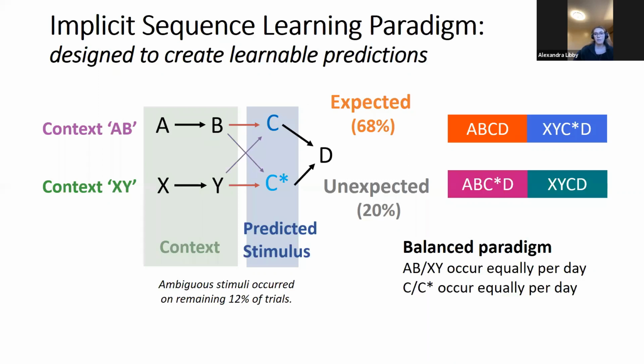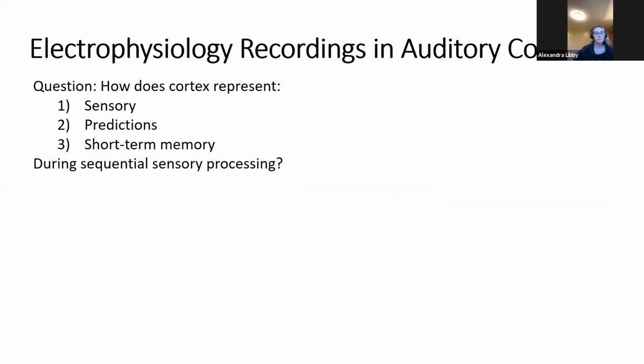And as do C and C prime. So until the animal hears the first sound, it doesn't know if it's going to hear C or C prime. Now, like I said, we want to understand how the brain does this. How does the cortex represent sensory information, the predictions within the sequence, and also what happened at the beginning of